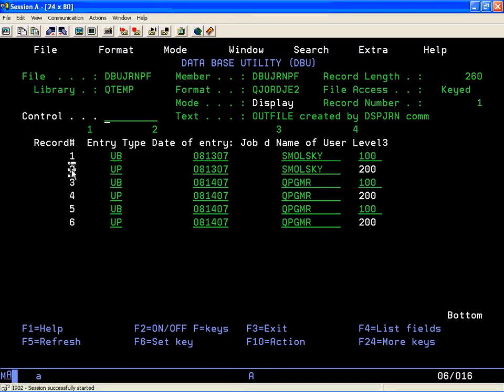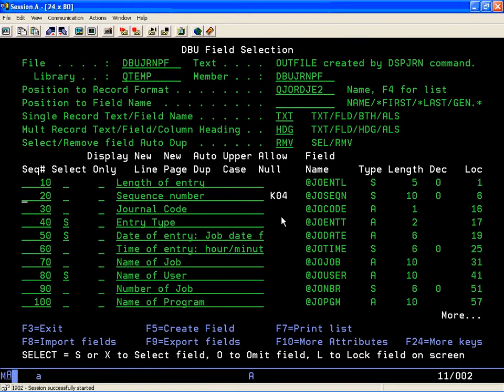And record number 2 was the post update. Notice that the field that was changed is highlighted. We also see the user that performed the update. Now let me go back into the field selection screen, and I'll show you how we can very easily find